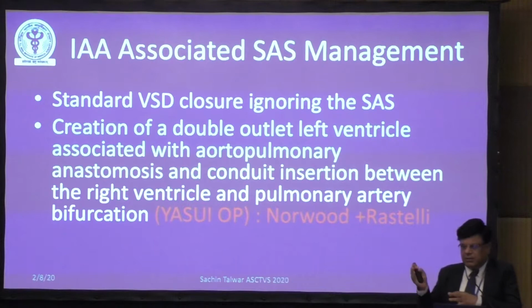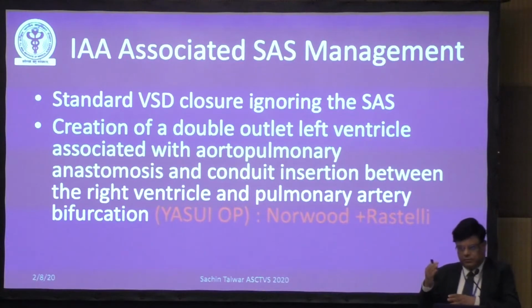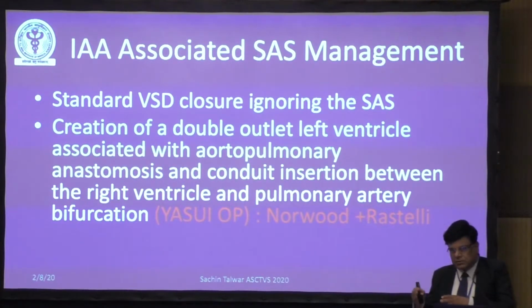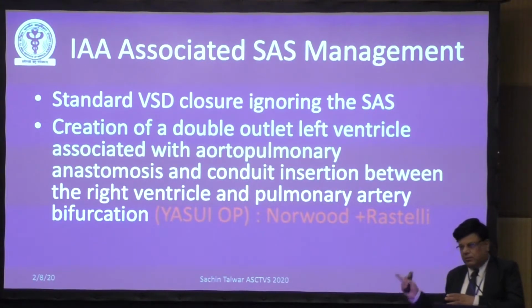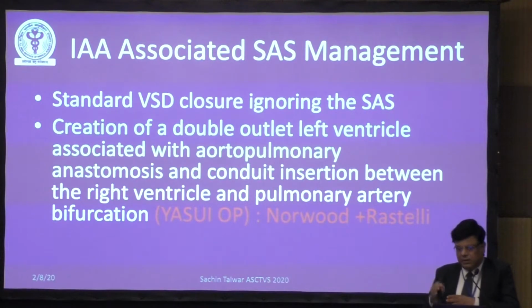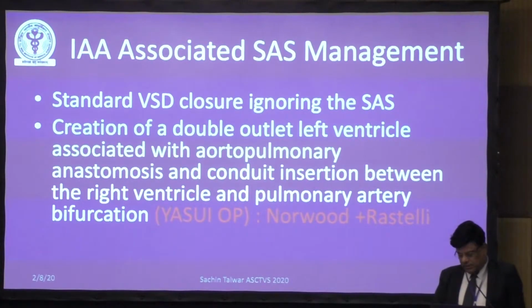It partly augments the aorta. So via the VSD, the left ventricle is directed to the aorta, and then the distal PA stump is closed, and then the right ventricle to pulmonary artery continuity is maintained by the use of an interposition graft. Now, this can also be called Norwood with Rastelli,